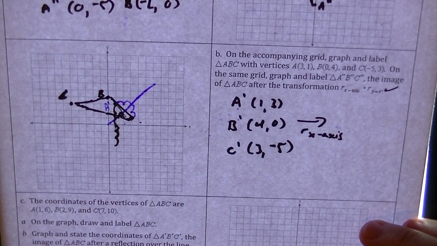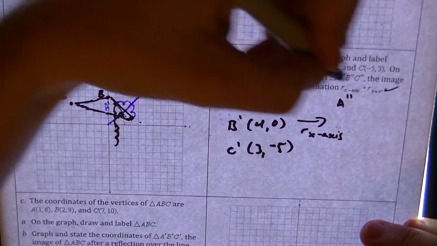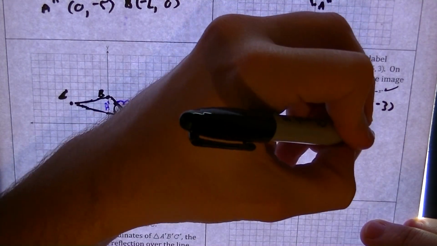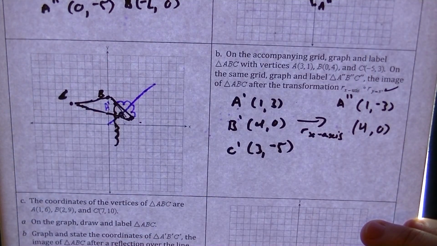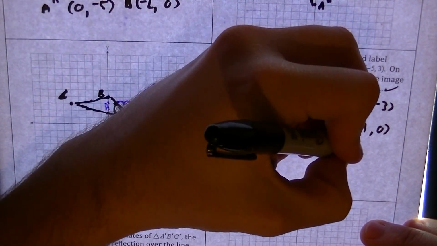Just my y-coordinate changes when I reflect over the x-axis. So this becomes A prime prime at 1, negative 3. This will be B prime prime at 4, 0. Doesn't change at all. And this will become C prime prime at 3, 5. I changed that